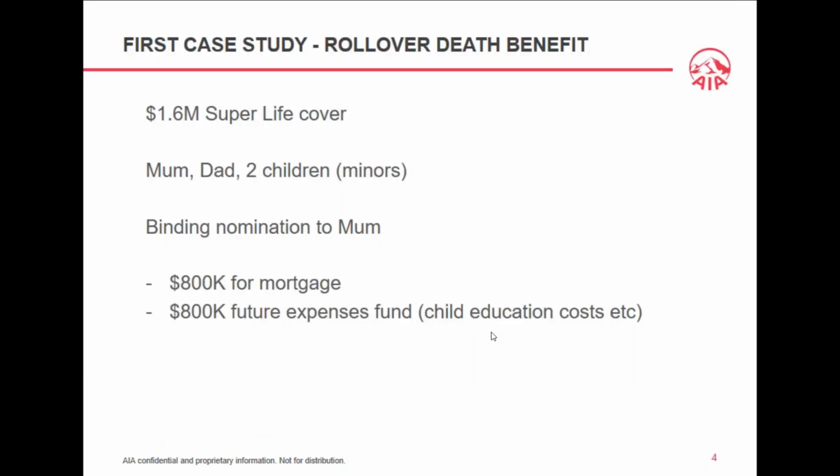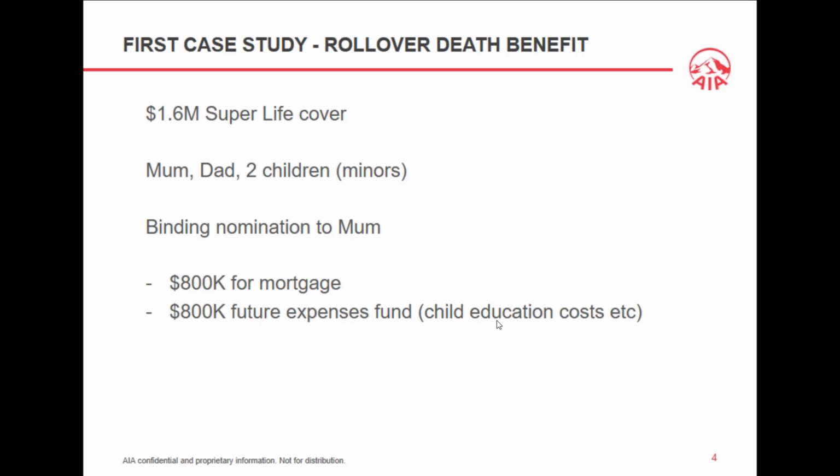So let me jump into this case study. The easiest way for me to articulate the strategic impacts on your financial advice is to center it around a particular case study. So on your screen, let's visualize you've got one of your clients. It's a mum and dad. Mum and dad have 2 children. They're minors under the age of 18. And your recommendation to dad is to take out $1.6 million of life insurance cover, and we've chosen for cash flow purposes to house that insurance cover inside dad's superannuation fund.